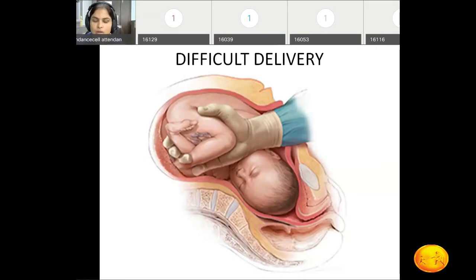So after the baby is delivered, carefully hold the segments, the lower lip of the incision and the upper lip of the incision, as well as the angles, and inspect for any other extensions. Okay. So once the placenta is delivered, then